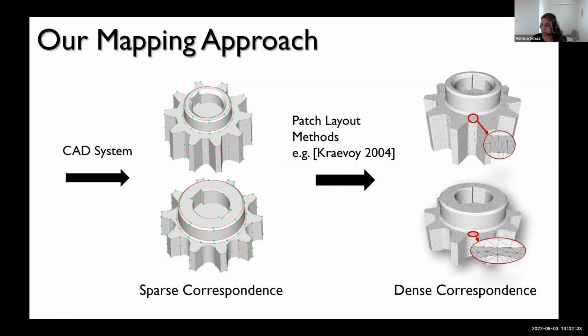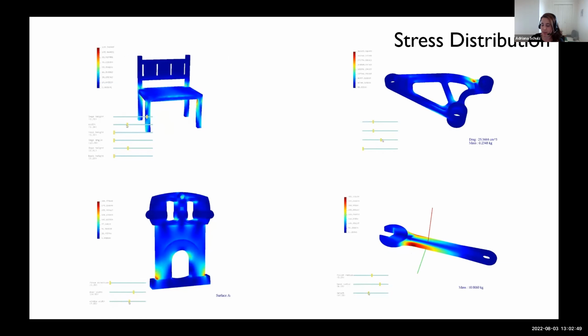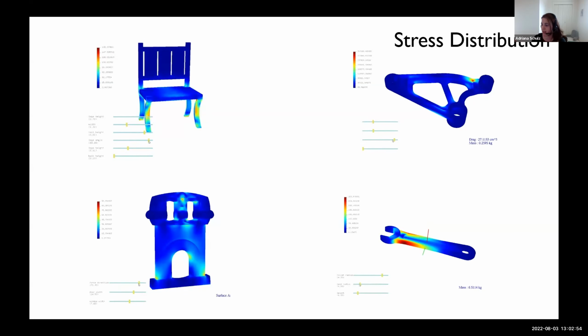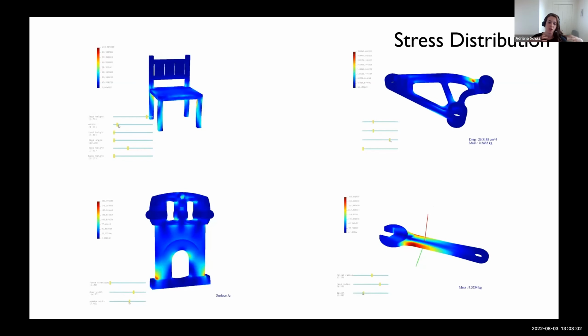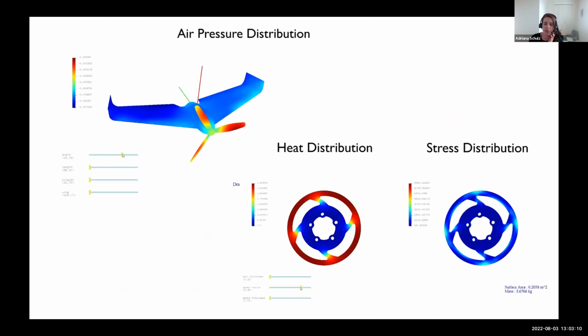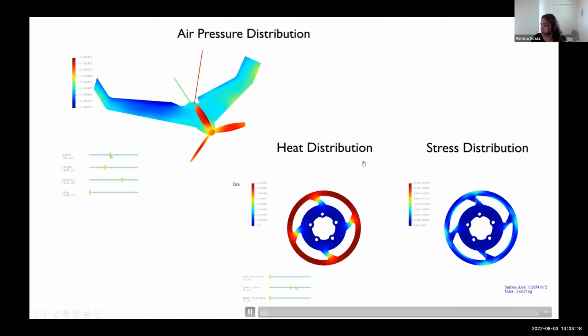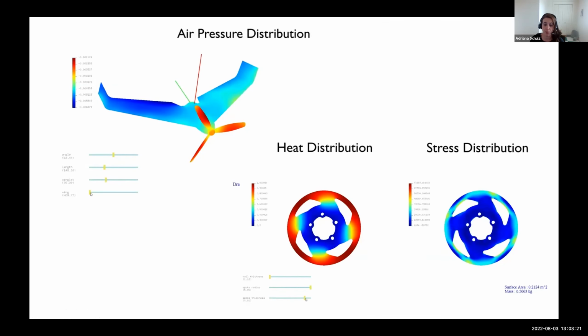So let me show you some results for this. What you see here is these methods where you can now interpolate and explore these design variations. And here you see the stress distribution as I change the parameters of these CAD programs. What is exciting about this is that once you do this interpolation in the geometry space, I could apply a variety of different physical simulation processes to this. So in these examples here, I am measuring the air pressure distribution along this model, and here I have heat distribution and stress distribution on this brake hub.